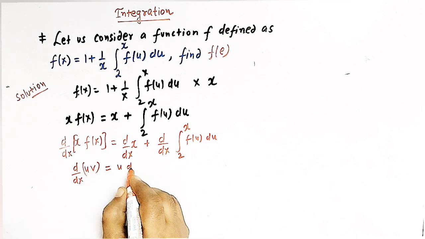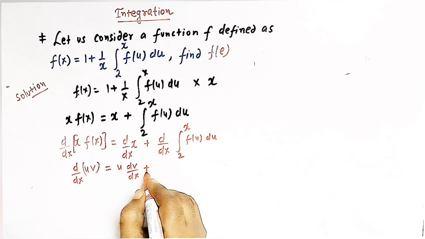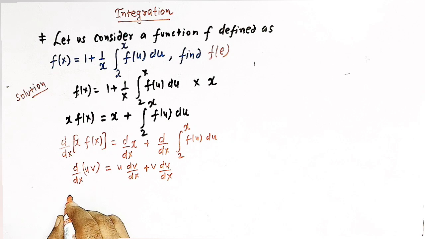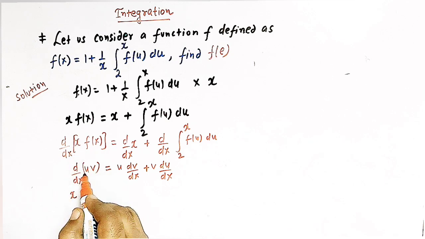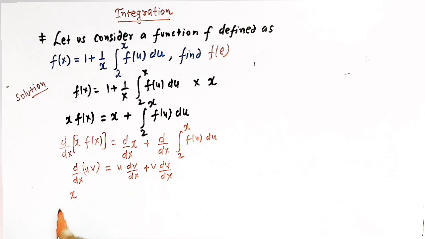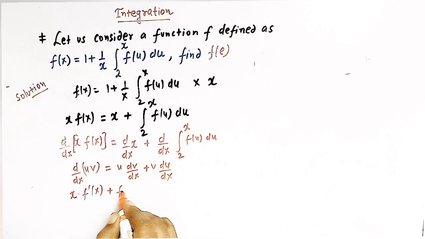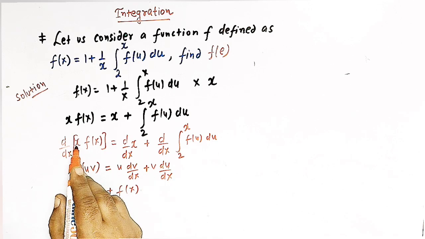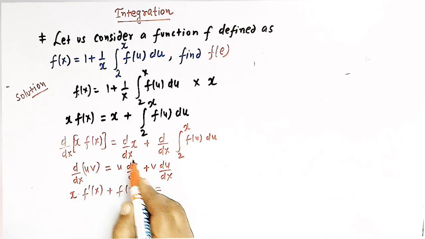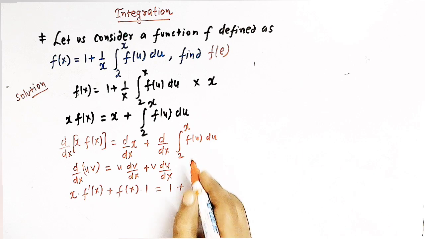We have u dv by dx, then we have v du by dx. So here the first function may be taken as u, that is x, and second is v, that is f of x. So we have x, the derivative of f of x is f prime of x, then we have f of x, and the derivative of x is 1, and here the derivative of x is 1, and here